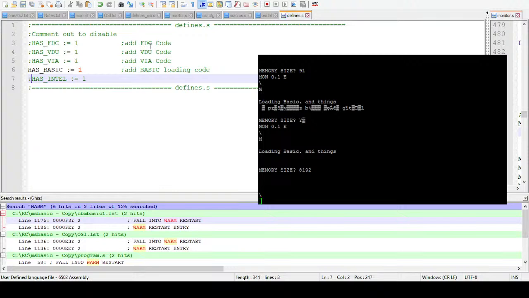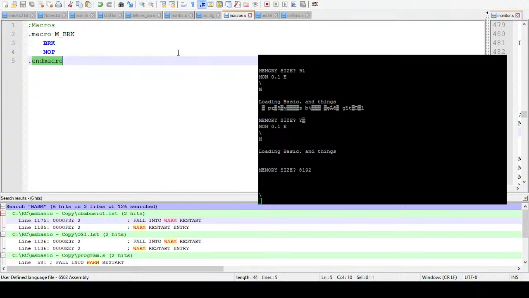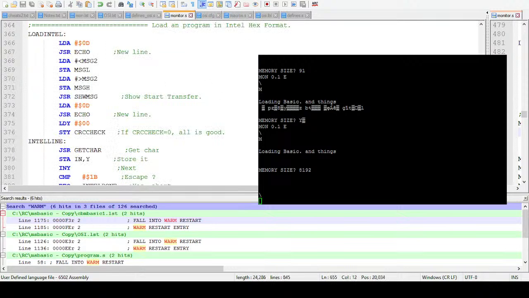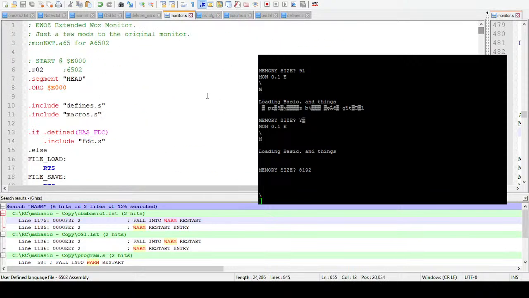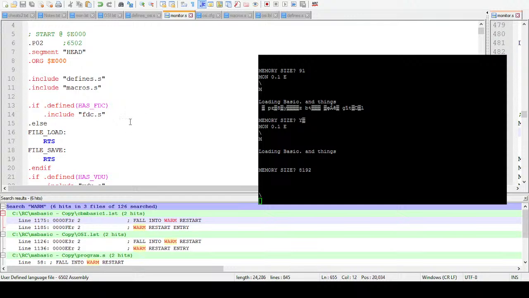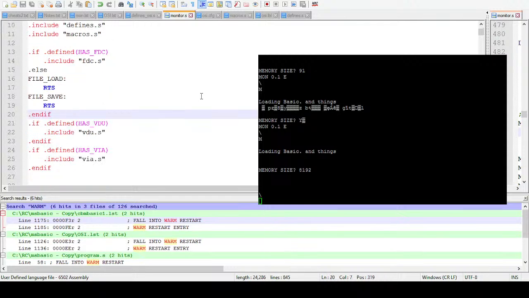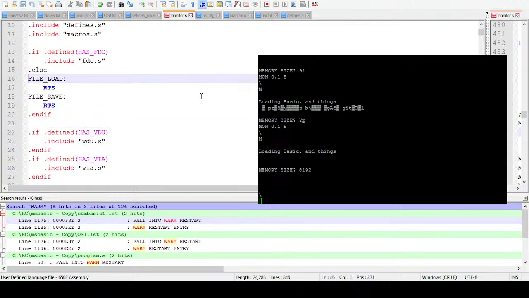Okay, we'll just get rid of the Intel stuff. Now, why is it not? Okay, let's have a look back through to monitor. Okay. .ndef has FTC. We're defining that as